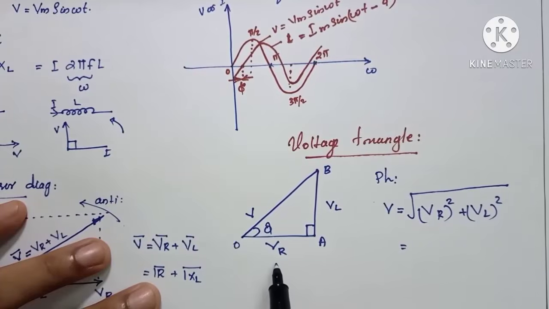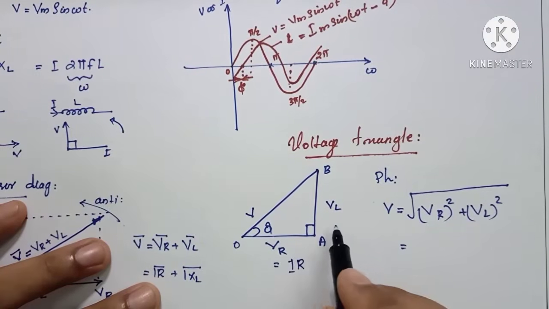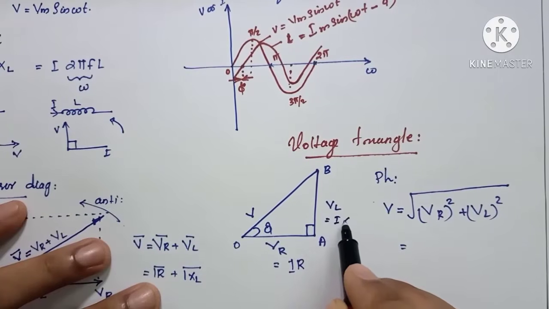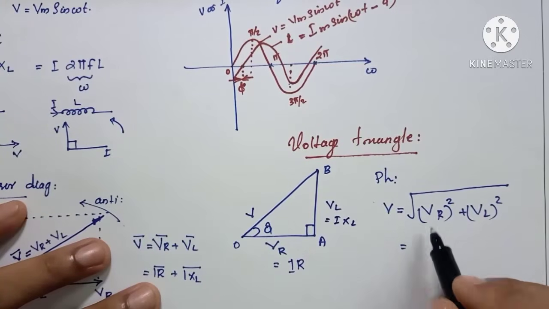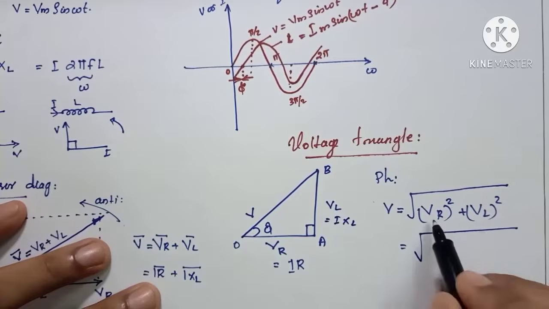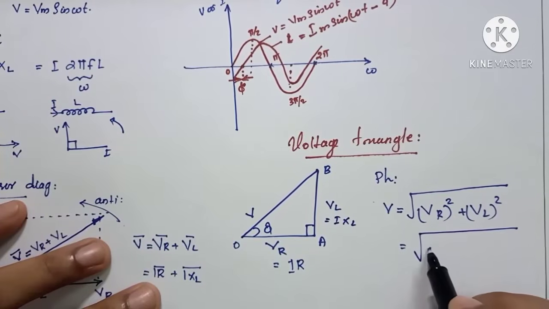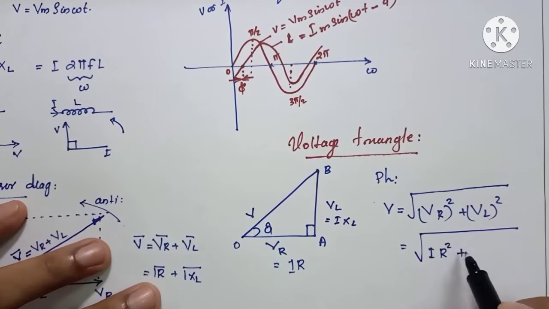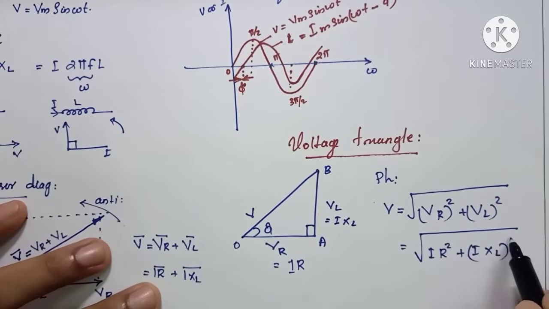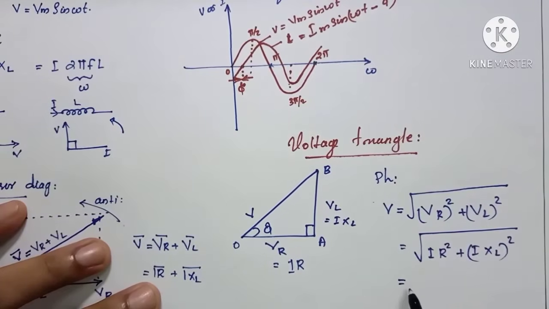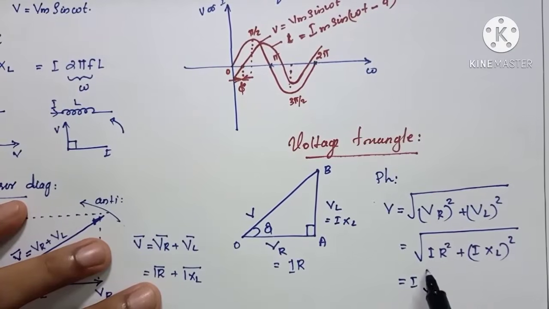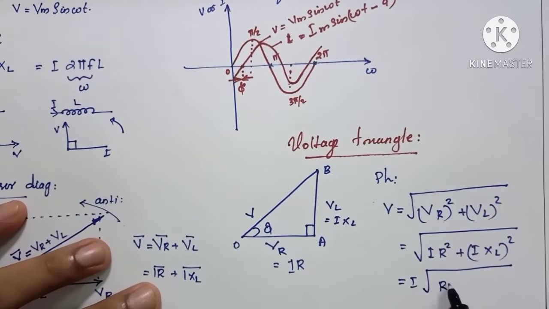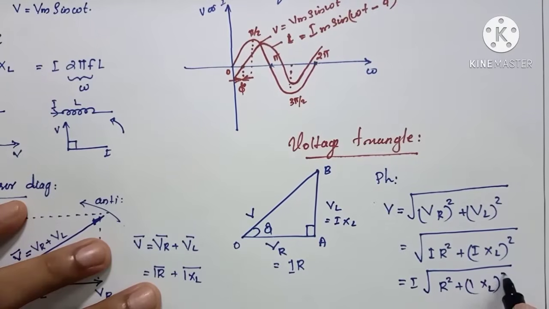VR is equal to I into R, and VL is equal to I into XL. So it is (I into R) square plus (I into XL) square, and I can be taken outside,